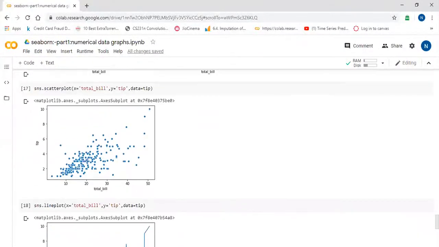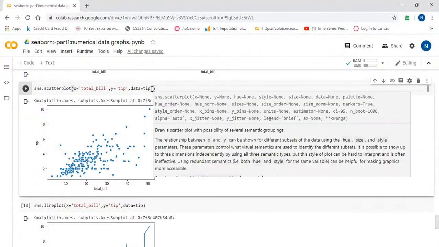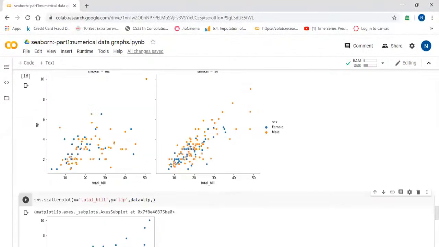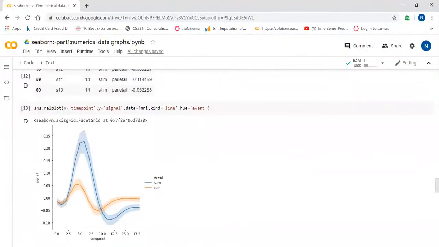Still, if you want to use the separate scatter plot or line plot, they have some additional parameters which relplot does not cover, like alpha, x jitter, y jitter. I explained CI, right? I almost forgot to show you the CI parameter.